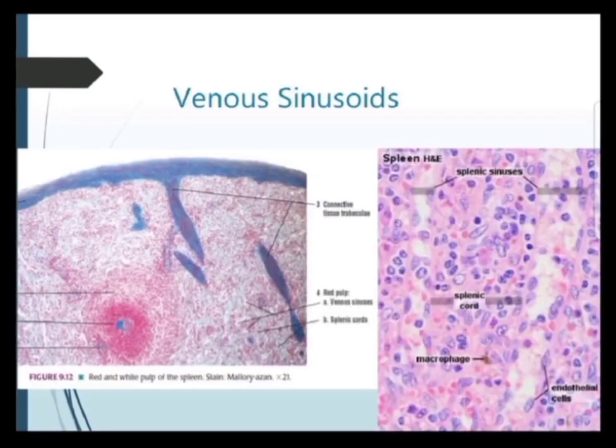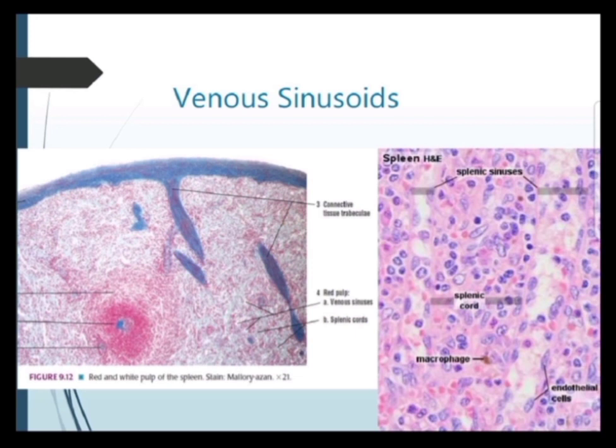The venous sinusoids. The splenic sinusoids have an irregular lumen, and they are highly distensible, 20 to 30 microns in diameter. Number 2. The sinus wall consists of specialized endothelial cells, known as the littoral cells, which are rod shaped and run longitudinally in the vessel wall. These belong to the MPS, that is the mononuclear phagocyte system, and the function of the littoral cells is phagocytosis.